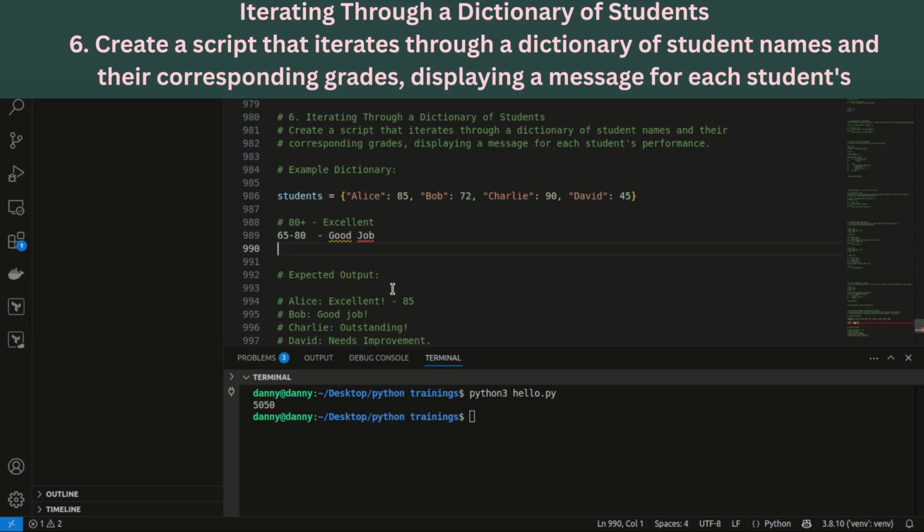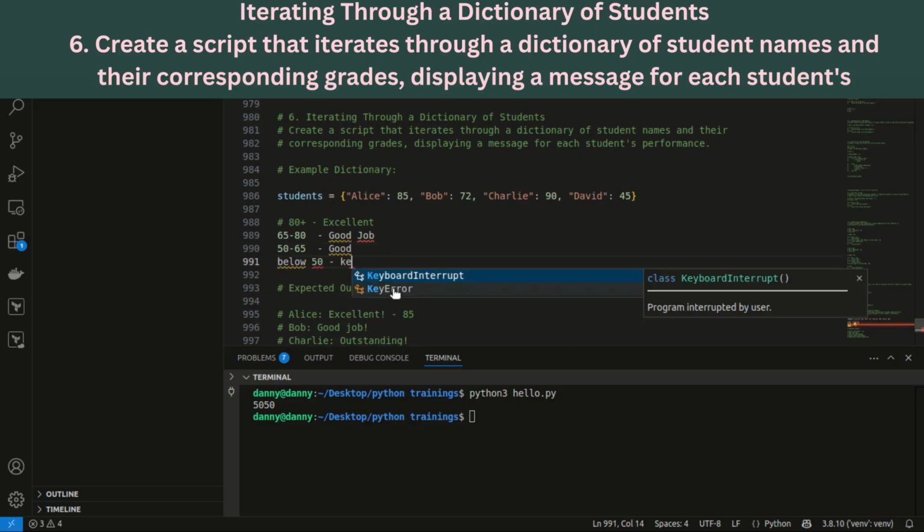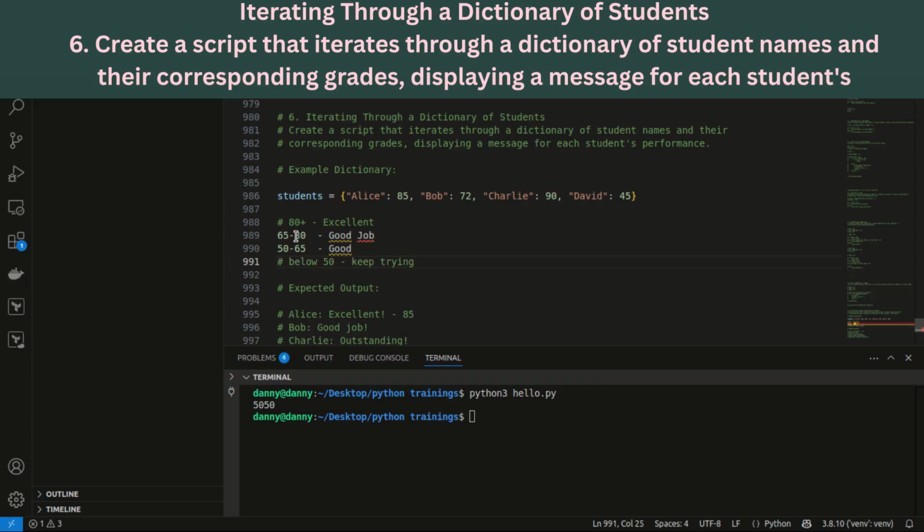Okay, then 50 and 65, good. Below 50, keep trying. All right, so again, I haven't defined them so well, but just to mention what they stand for,